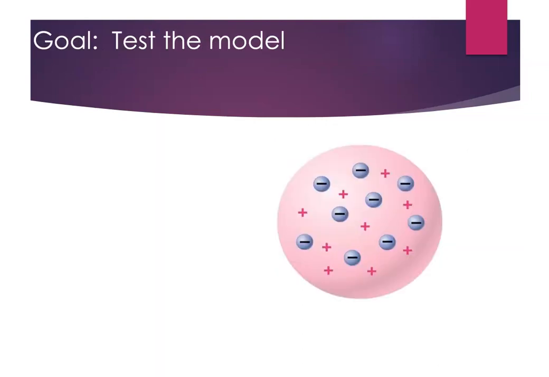So Thomson's model, as you may recall, was called the plum pudding model, and it had negative electrons embedded in a sphere of positive charge that's kind of diffuse. The positive charge is just sort of all around. I always think of that positive charge as sort of goo-like. That's the technical term, but it'll work.